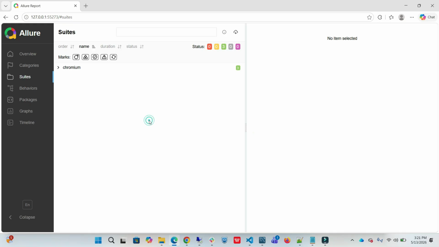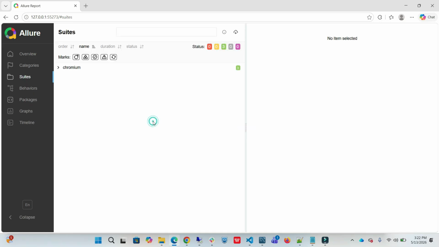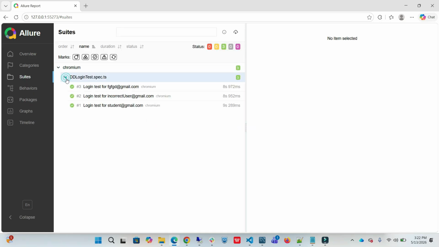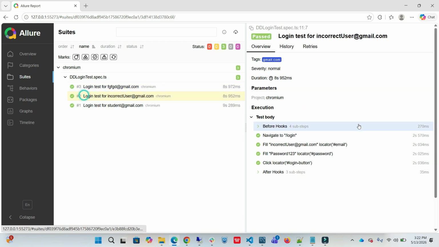We have different information here, like on which browser the execution has been done. If I go to the overview, here we have test details. If I open the first test case, it's over here. If I open the second test case, it will be there, and the third test case. Right now we don't have any history, and